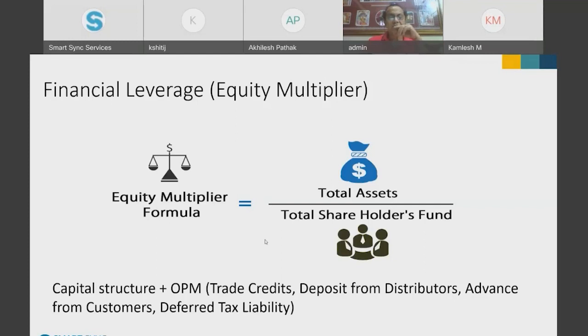So only when a business is having some sort of a competitive advantage, they would get trade credits or deposit from distributors. If I start a business today and I do not have any kind of pricing power or brand or any sort of competitive advantage, who will give me trade credits? Which distributor is going to give me deposit, right? And why will customer give me advance, right? So those things happen only when there is some sustainable advantage or competitive advantage in a business. So this is again one of the levers which helps the business